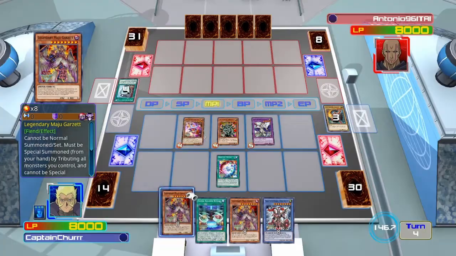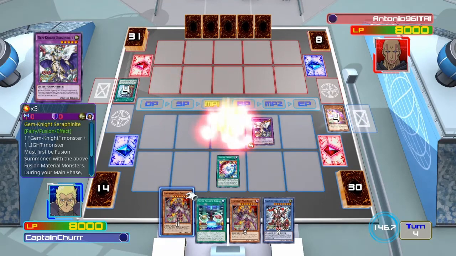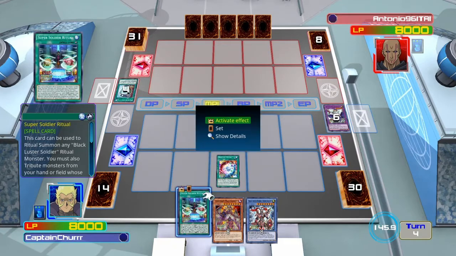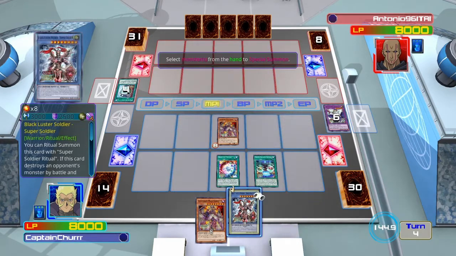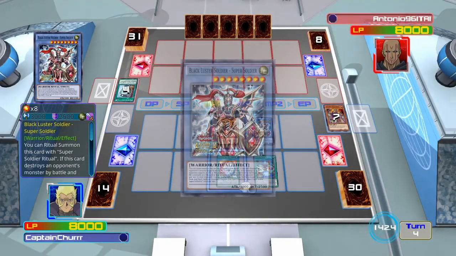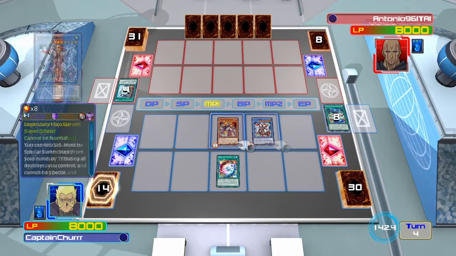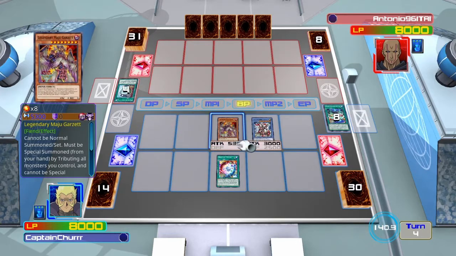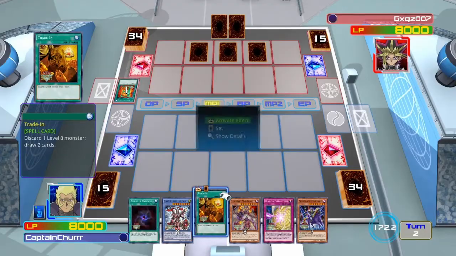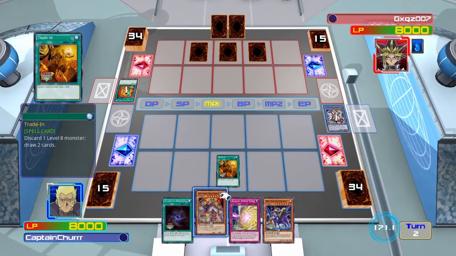I really just didn't like it when in my open hand I was drawing one of the fusion materials, which is just one of the Gem Knight monsters. I don't want to run 3 Gem Knights, because if I run 3 Gem Knights, it just heightens the probability of me drawing into it early, because I don't want to draw into it, I just want to stay in my deck. So I run it at 2 and I run Brilliant Fusion at 3 because I really want to see it